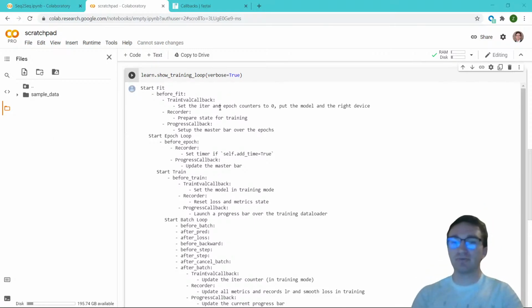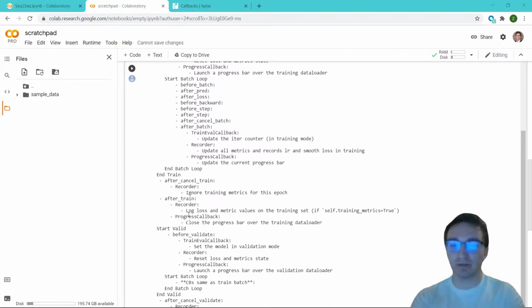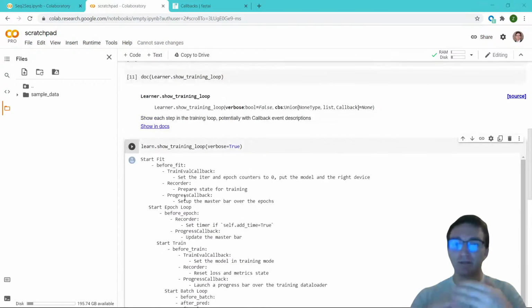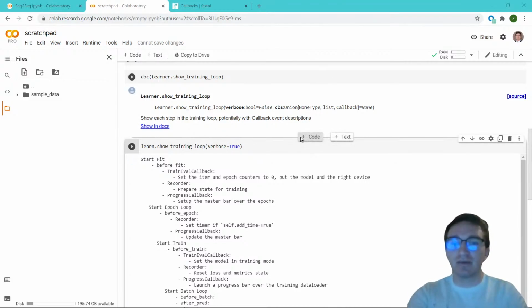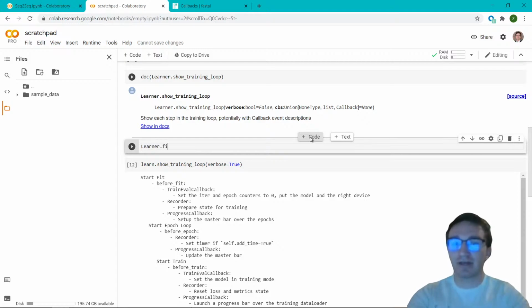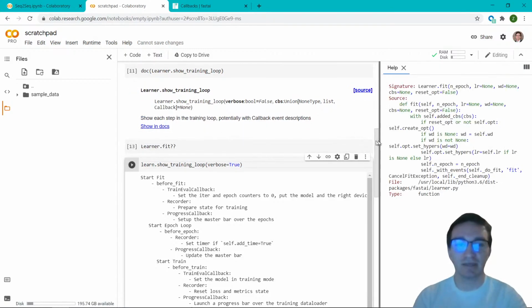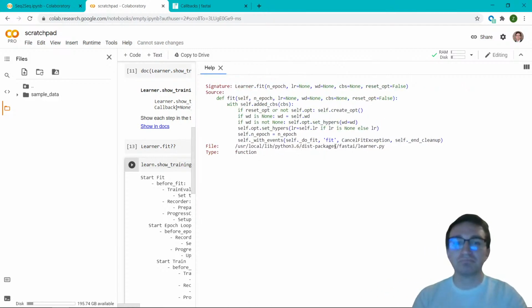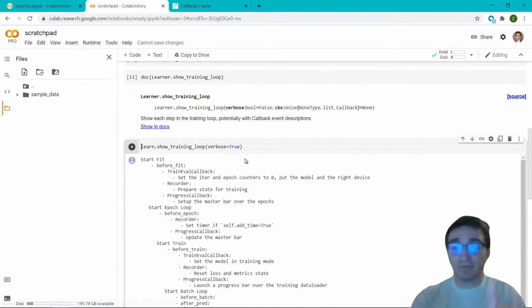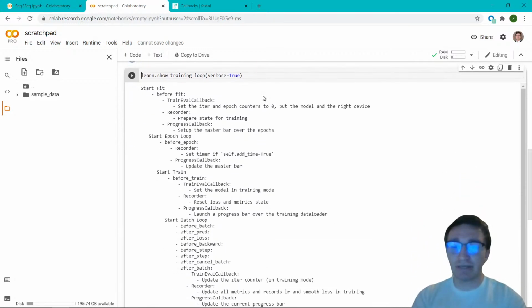So if we pass verbose, we get a bit more detailed look at Fastai's training loop. And here we'll go into more detail as to just what exactly Fastai's training loop is, because if anyone's tried exploring learner.fit and its source code, it's like 5 lines of code that you can't really follow unless you dig really deep into what's going on. And I'm not a big fan of that. I'm not going to tell you to do that. It's a good way to understand what's going on internally, but we're going to look at this from a practical perspective. So we have the training loop, and generally it consists of